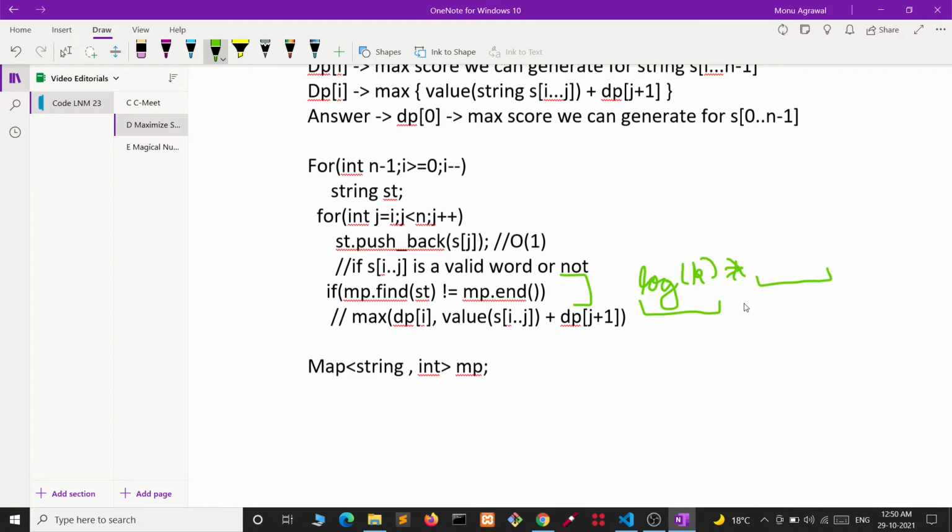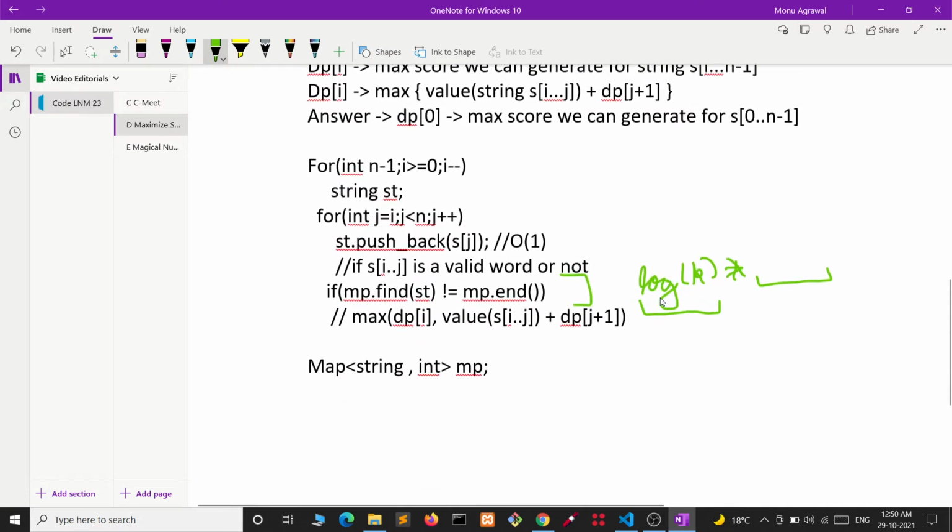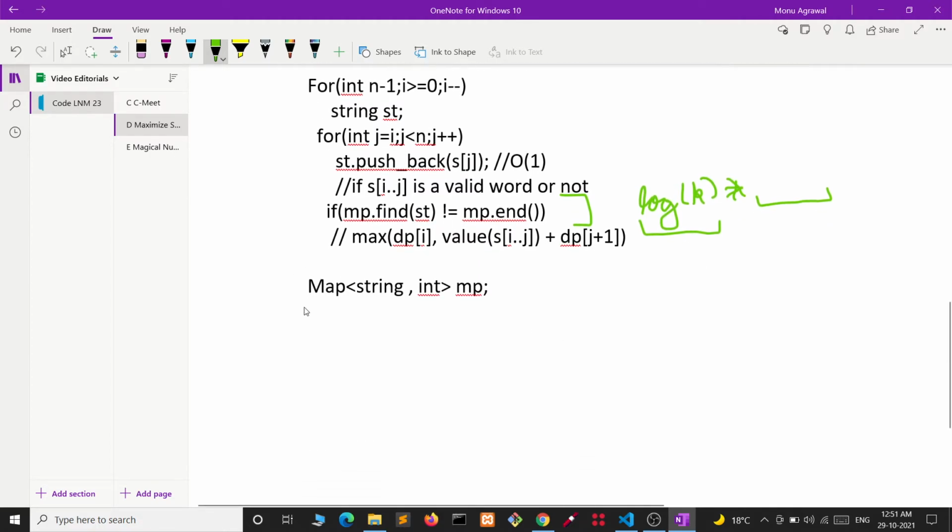It can go up to the length of the word we are checking, because map is an implementation of BST only, and for comparing a string we will check the prefix of the string till which it is same. So it can go up to the length of the word, which will again make our complexity very big and will lead to TLE.